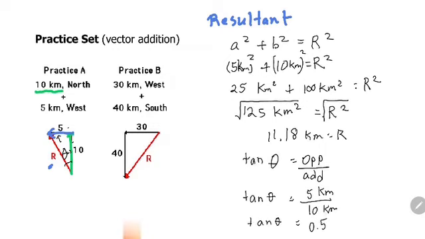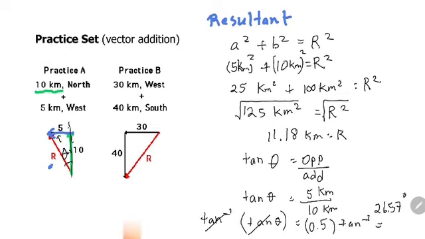Tangent theta. Meron pa ring theta. Kailangan mong i-multiply both sides by the inverse of the tangent. When we say inverse of the tangent, 1 over tangent, para nasa taas, nasa baba, maka-cancel. Pwede mo siyang isulat din as tangent raised to the negative 1, or you can call it arctangent. Cancel, I'm left with the angle. So, shift tangent sa calculator, 0.5. What's the arctangent of 0.5? 26.57 degrees. Again, this is not the final answer kasi